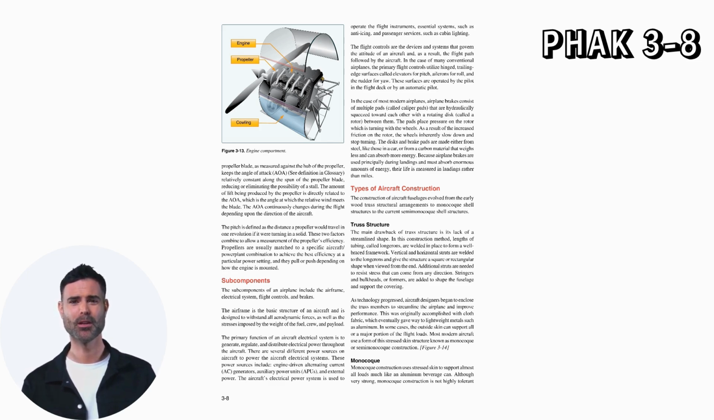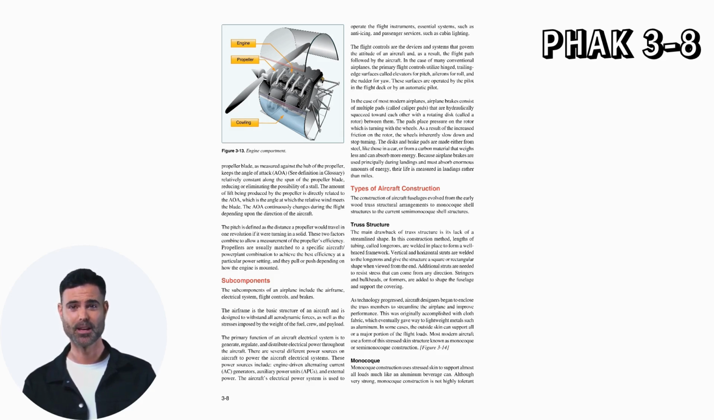The primary function of an aircraft electrical system is to generate, regulate, and distribute electrical power throughout the aircraft. There are several different power sources on aircraft to power the aircraft electrical systems. These power sources include engine-driven alternating current (AC) generators, auxiliary power units (APU), and external power. The aircraft's electrical power system is used to operate the flight instruments, essential systems such as anti-icing, and passenger services